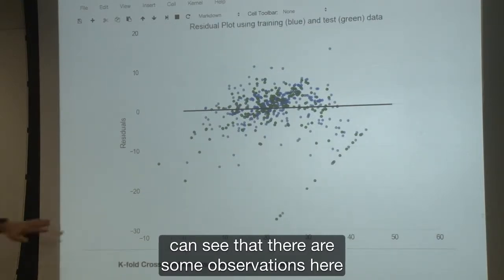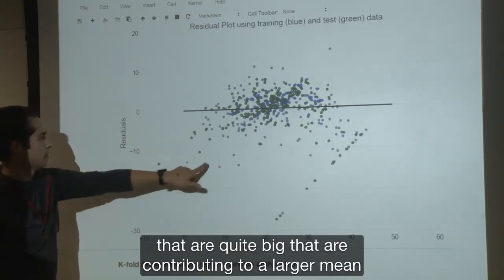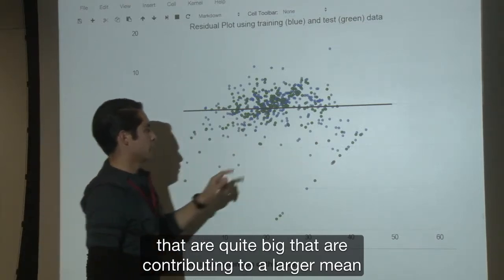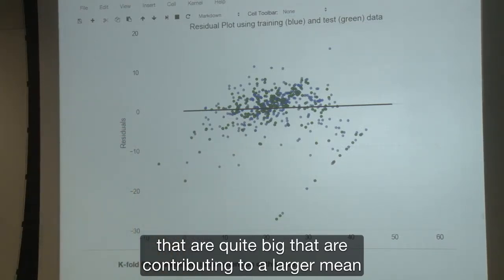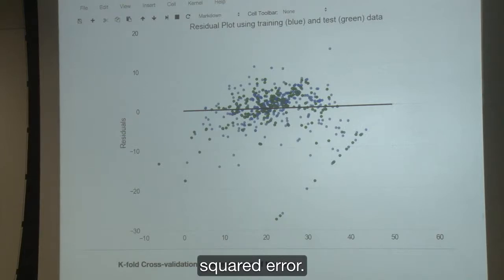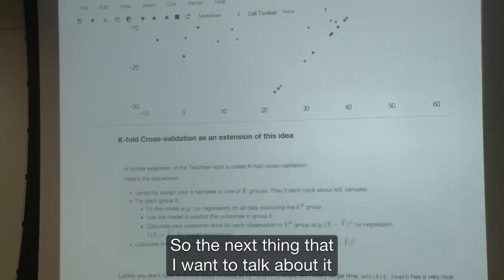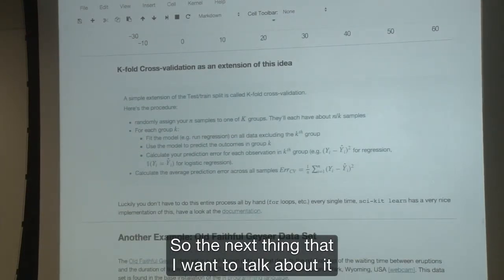So you can see that there are some observations here that are quite big, that are contributing to a larger mean squared error. Okay, so the next thing that I want to talk about is